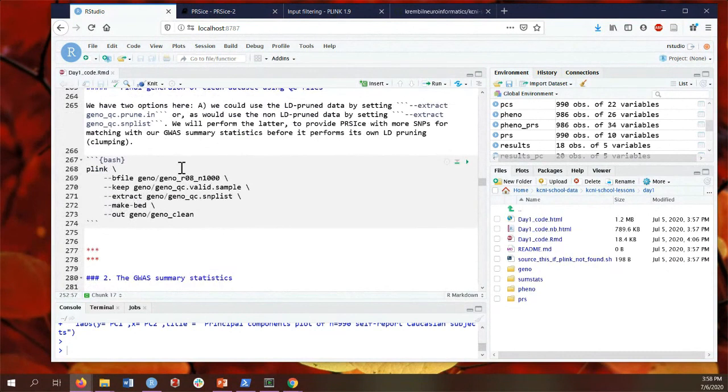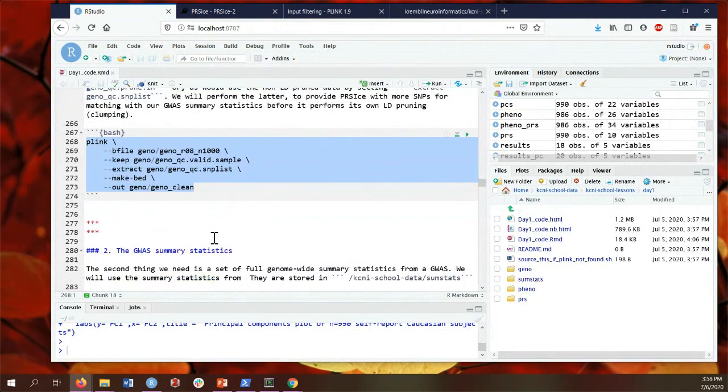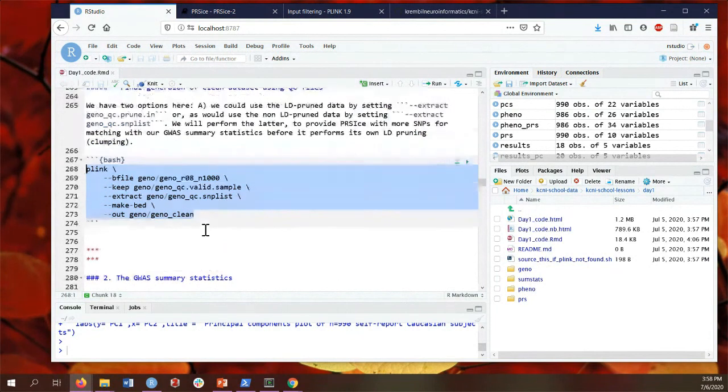The final generation of the clean data set. This is where I was hoping we'd be a little earlier, but I think it's great that we've made it to this point. It's not fully necessary at this stage. The reason why I say that is because, as I mentioned before, due to differences in LD pruning and the clumping procedure and the fact that PRSice performs its own clumping when we calculate polygenic scores,